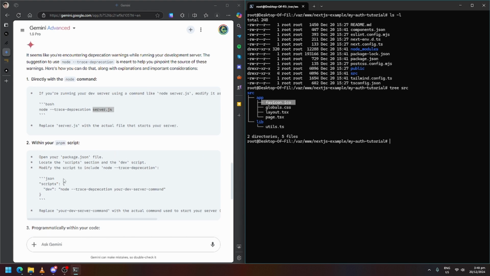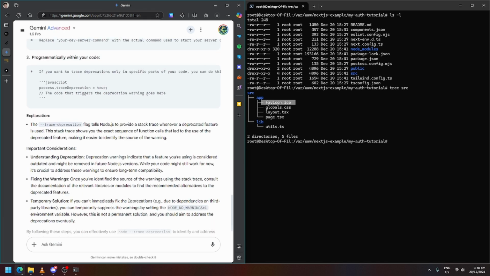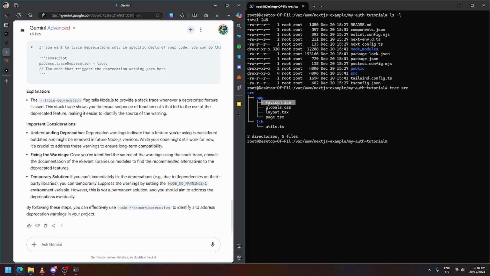Within your pnpm dev script, node --trace-deprecation tells Node.js to provide a stack trace whenever a deprecated feature is used. The stack trace shows you the exact sequence of function calls that led to the use of deprecated features, making it easier to identify the source of the warning. But I think it is the package that caused the warning.